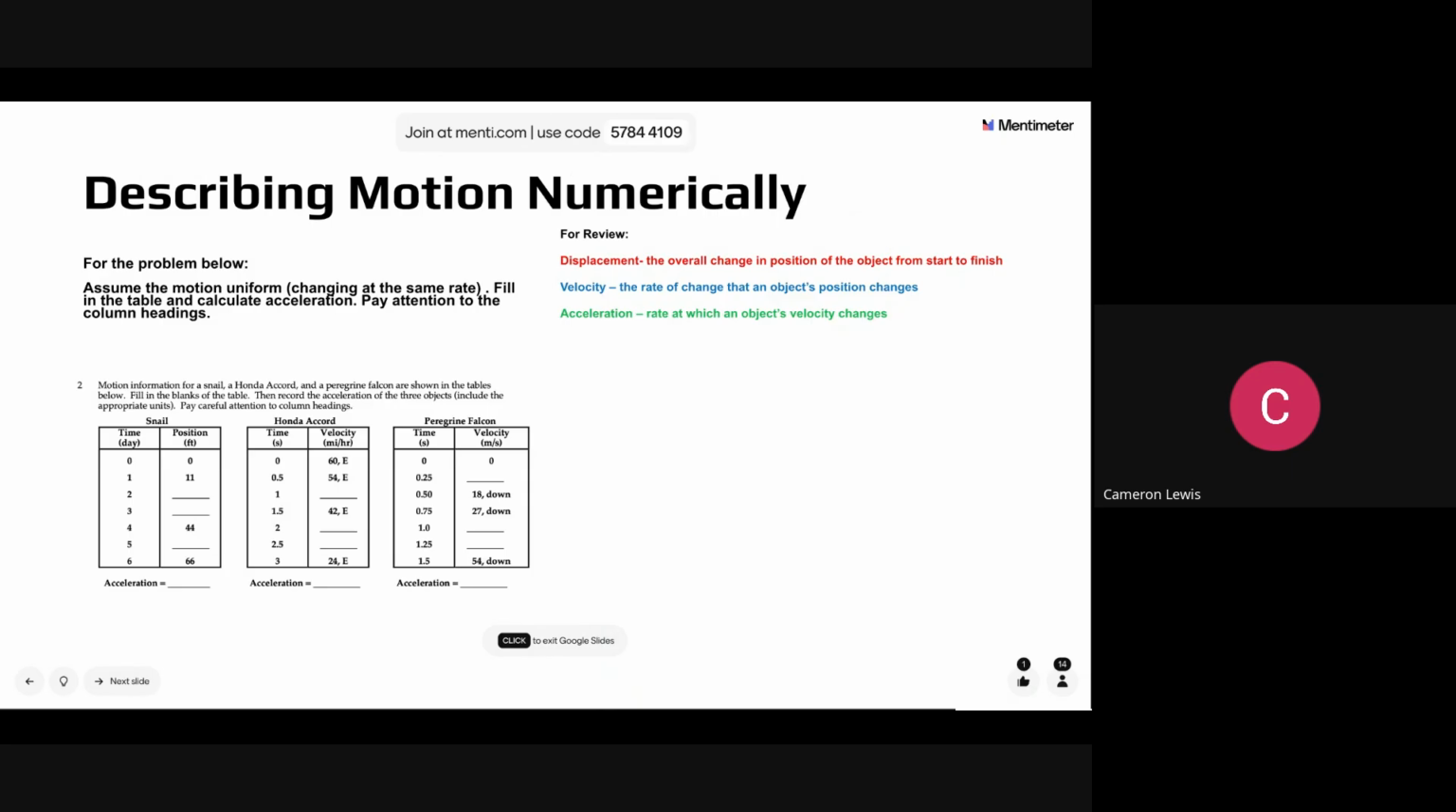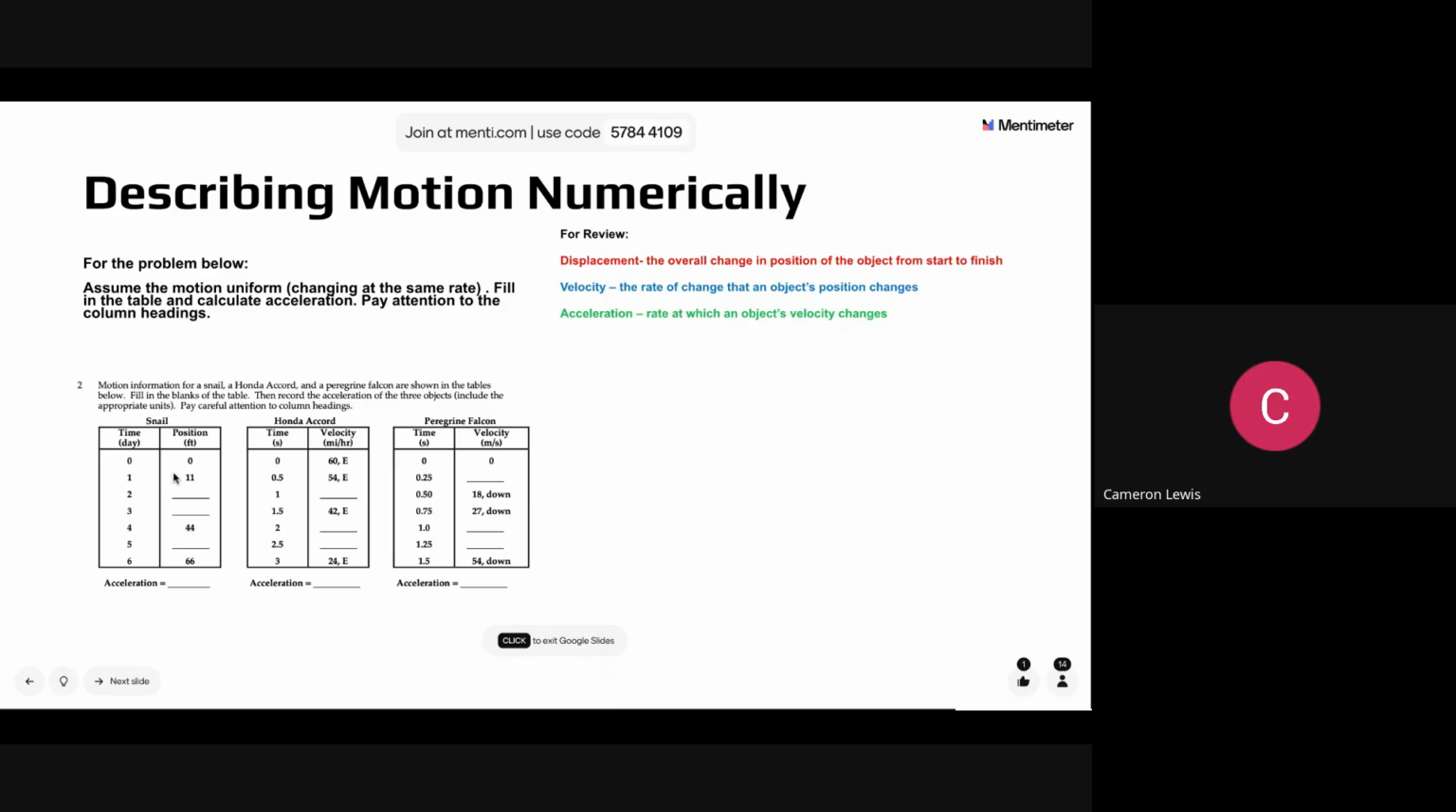So now this one, right? We have 3 different types of numerical tables. So we want to assume that the motion of each one is uniform between each one. What uniform means is they're changing at the same rate. So you could kind of predict by the numbers. Let me just give you an example. In that first one that says snail,